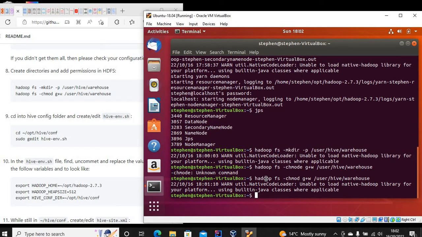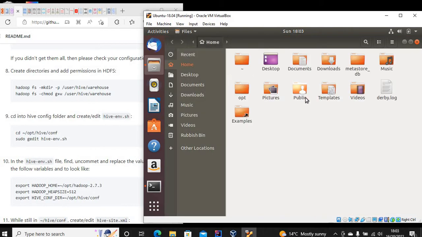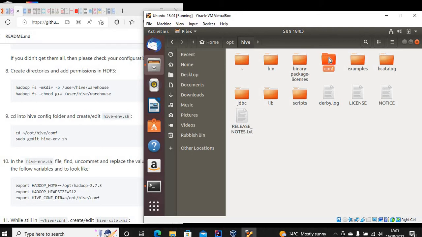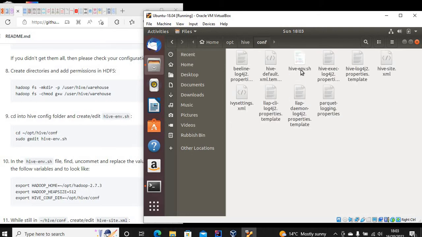Yeah, so we need to basically configure our Hive. To do that, we need to go into the Hive folder, the conf folder inside the Hive directory. So if you go into the opt, which is basically where we installed our Hive, and go into the conf folder, it's taking time. So in your case, if you haven't done the configuration yet, it's going to have